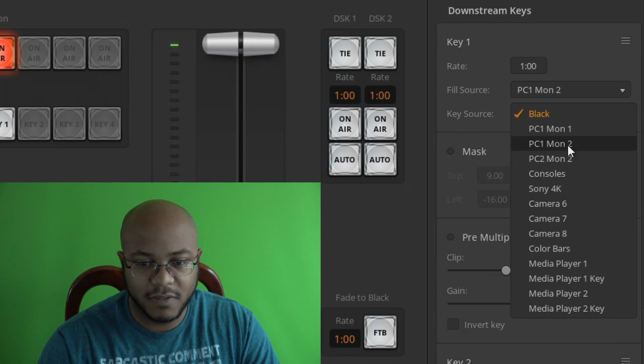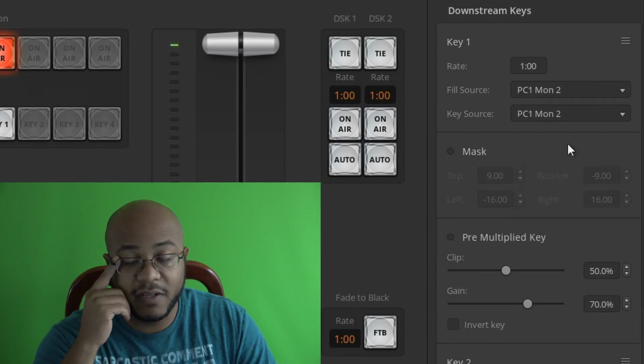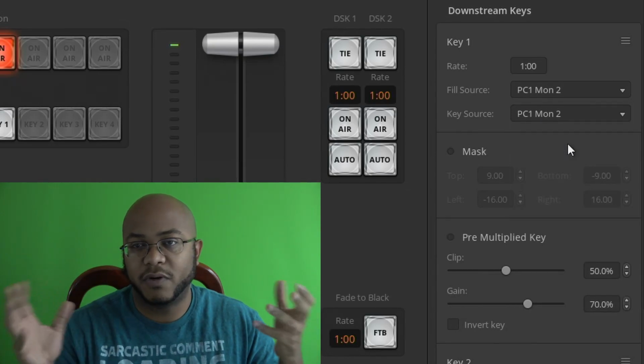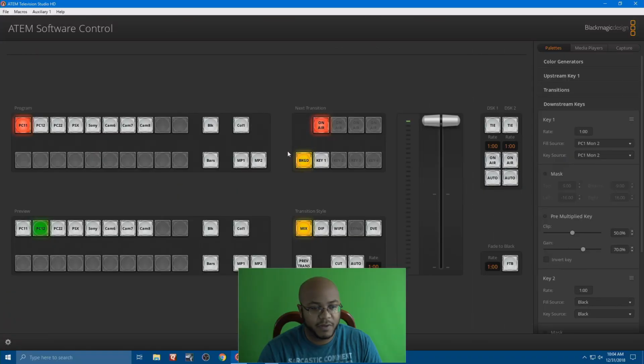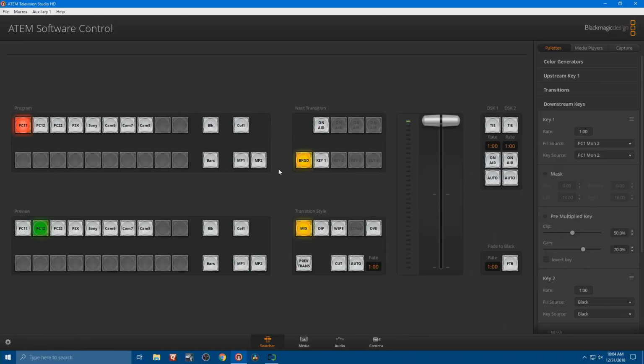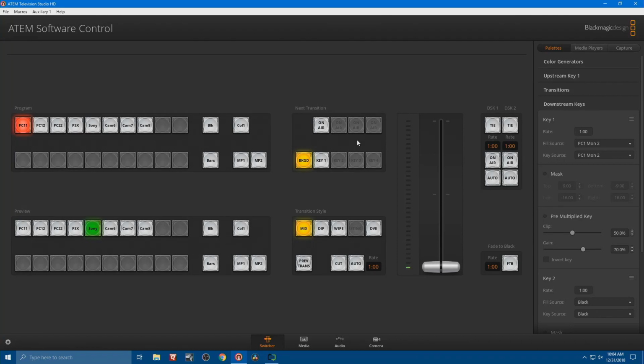So what I'm going to do is my fill source is going to be screen number 2, and the matte is going to be screen number 2. That's the key source. That's where the color is. So if I come in here, let me turn this off. I'm going to go back to just my camera. So when I cut over, this is what you see. This is just like the regular video that you would see with anybody talking. But if I come back over here and activate key source number 2,